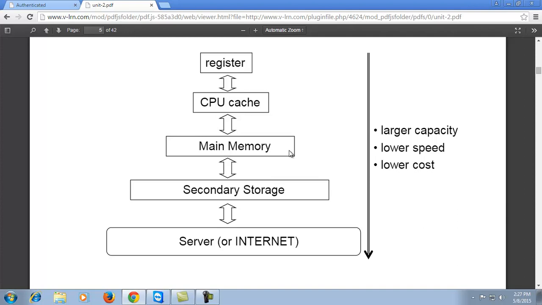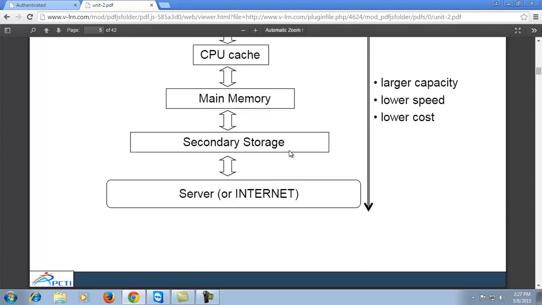Inside this we have a lot of information, as the diagram shows. Registers are temporary storage, and likewise the CPU cache. Next is the main memory, which is also temporary storage and provides support to applications and functions only at runtime; you can call it dynamic memory. The next is secondary storage, which is physical storage of data, and the last level is the server, which also contains information or data physically and can support multiple applications at runtime, responding to all of them simultaneously. Now come to the next.